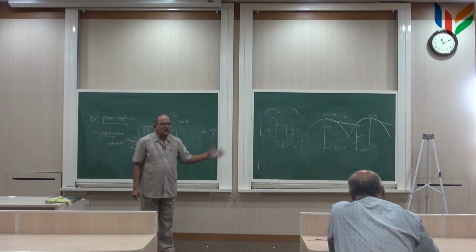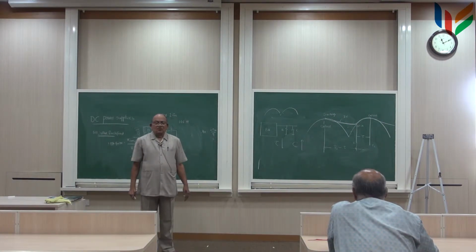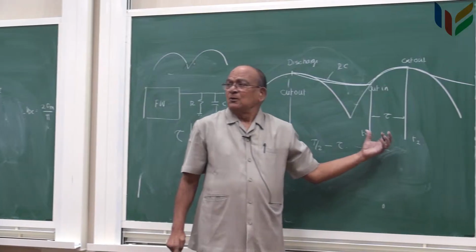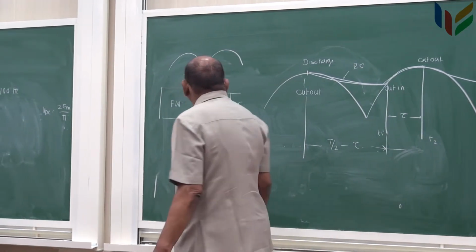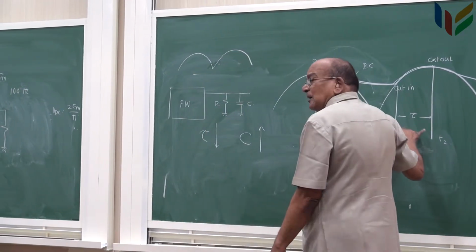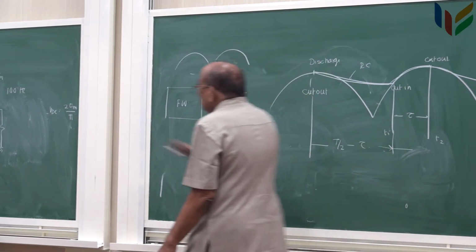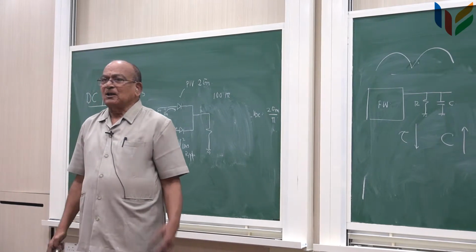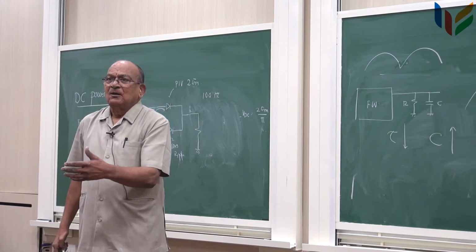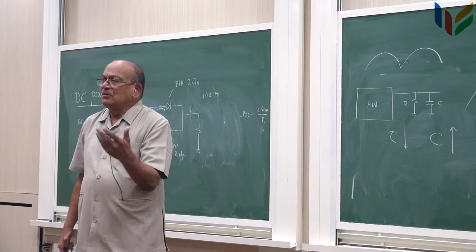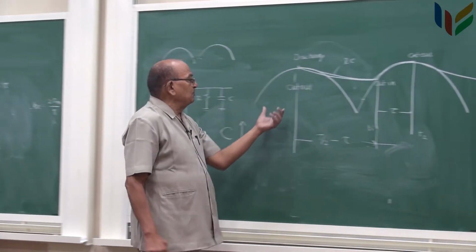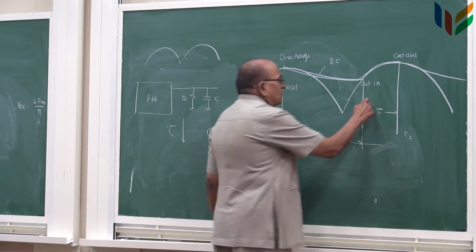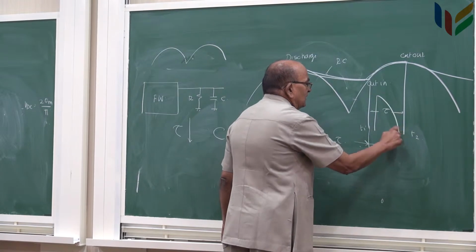We'll just now see why it is so: the higher the value of the capacitor, this time duration becomes shorter and shorter, and there will be some waveform during that time. What happens? The diodes get conducting to make it charge. So at that time there will be some diode current, one current here and another current here. The shape of this current is not so important right now, but it is something like this.